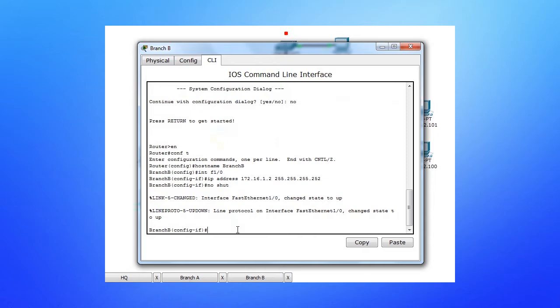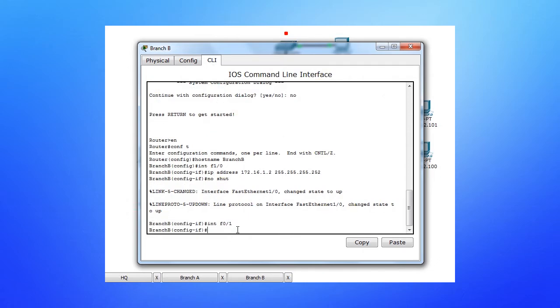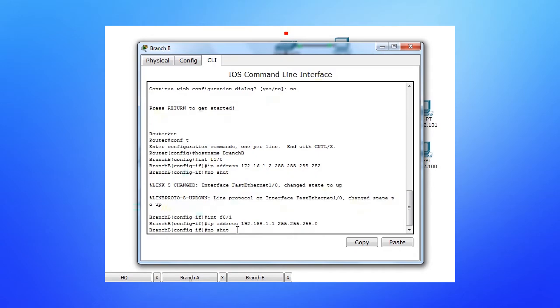All right. While we're here, we said we're going to take care of the 0.1, not the 1.0, the 0.1 address for this connection to the switch. So IP address is